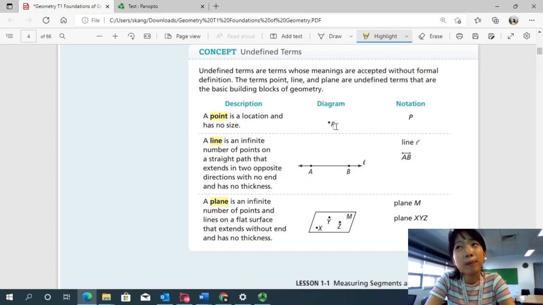Okay, in the diagram, point P is an example. And notation would be P. A line is an infinite number of points on a straight path. So a line may look like